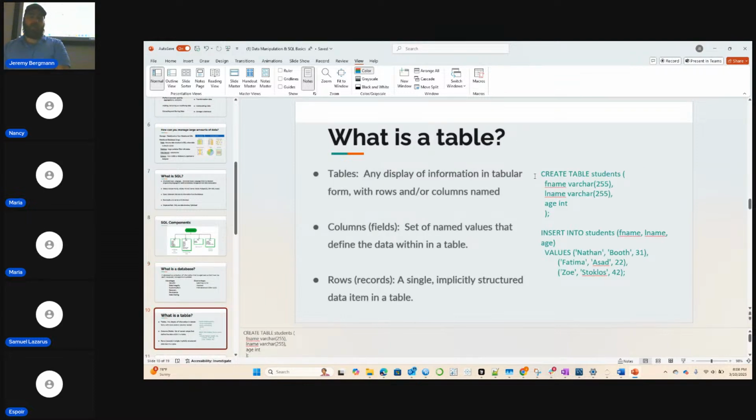So we talked about what is a table. A table is any display of information in tabular form with rows and columns named. So that's the main data structure within a relational database. And we talked about this, your columns or your fields. Those are named values that define the data within the table. So think of it as like